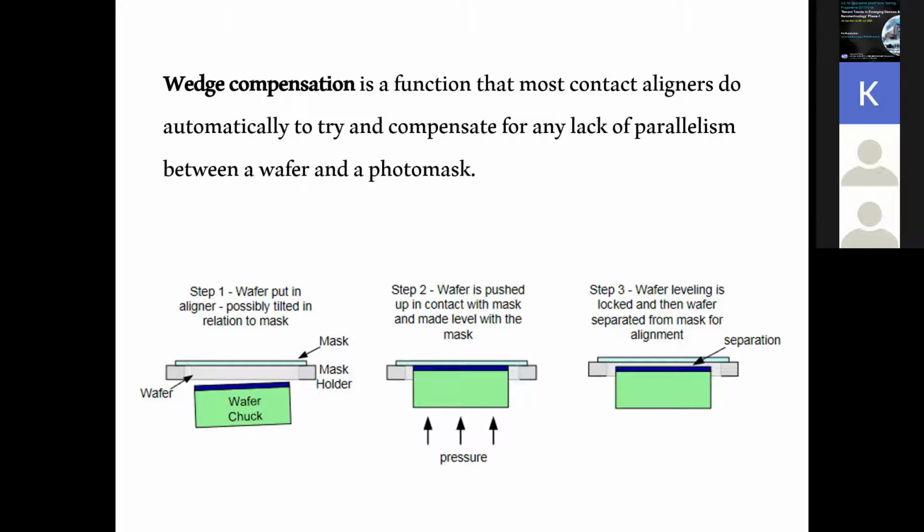Also there is a Z alignment system using a motor or stepper motor. Using all these steps you can make sure that the wafer is well held over the wafer chuck. Also you have to keep in mind that the mask should be well placed. There should be no angle between the mask and the wafer. That also should be checked well, that the mask is well parallel with the wafer. So all these things have to be kept in mind.